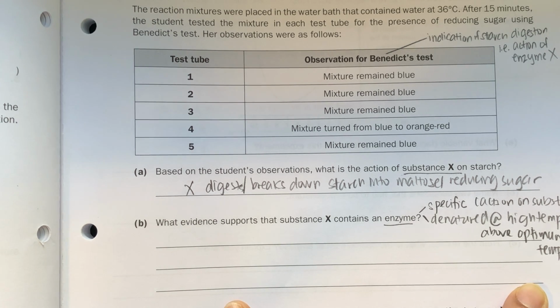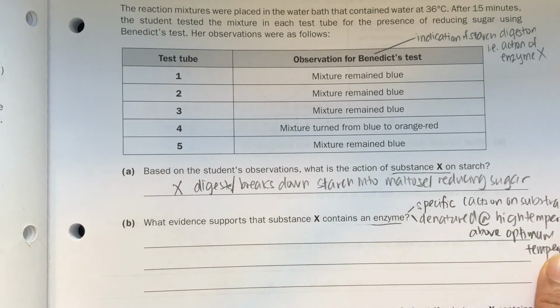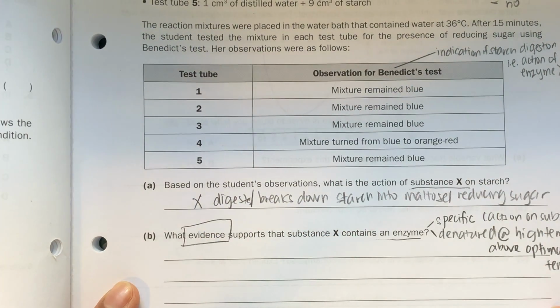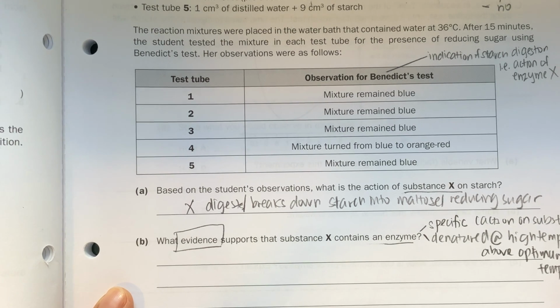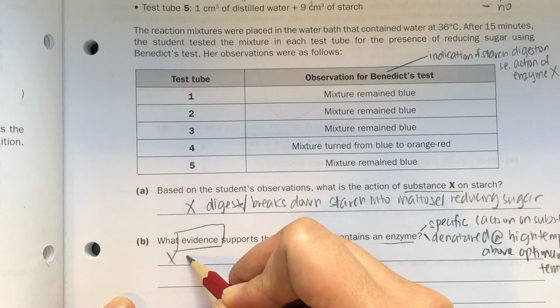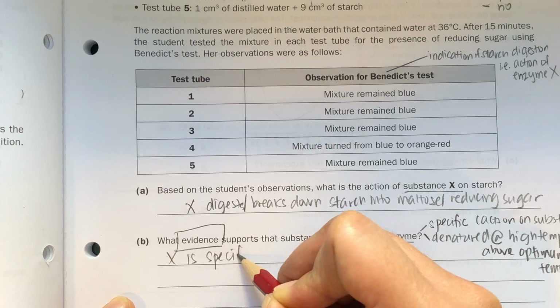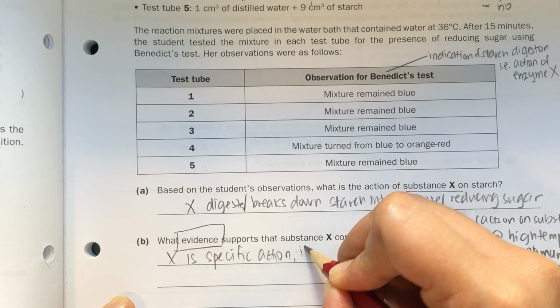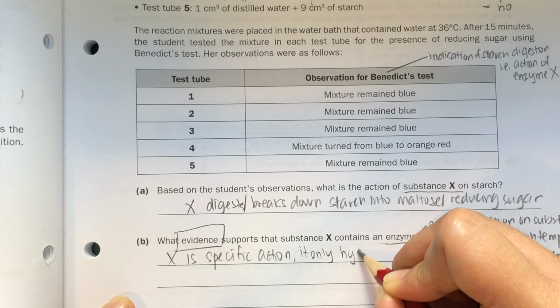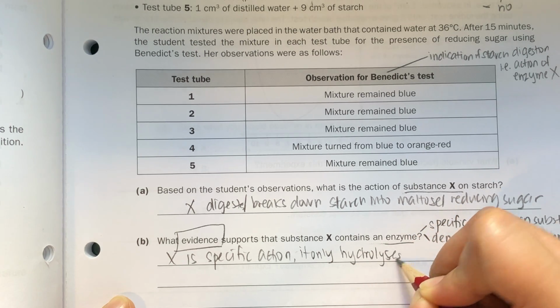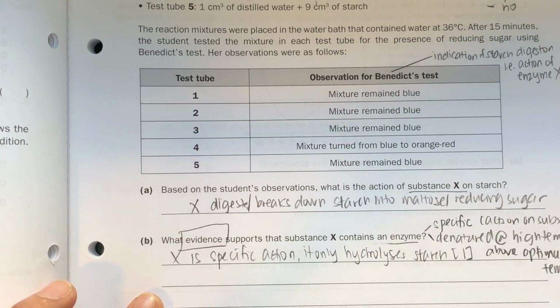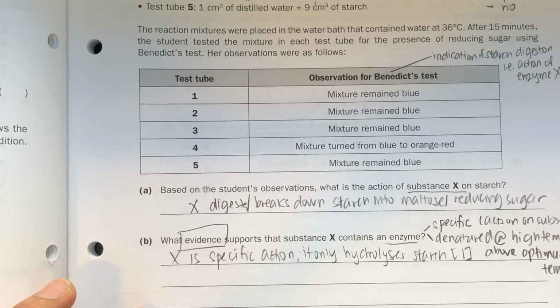Okay. So this is what we call annotating, but in order to answer the question, we need to use the evidence that is inside the question. So first, X is specific in action. It only hydrolyzes starch. That's one mark. Right, so this is a 1 mark question, but there's also another possible answer that you